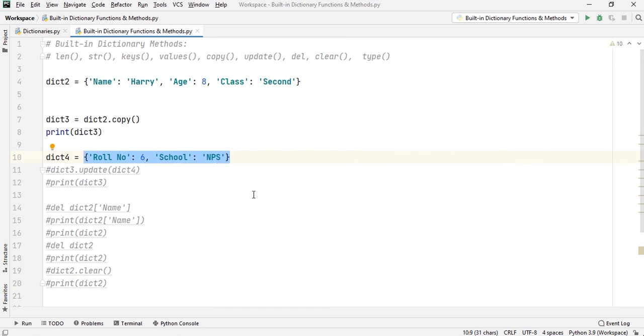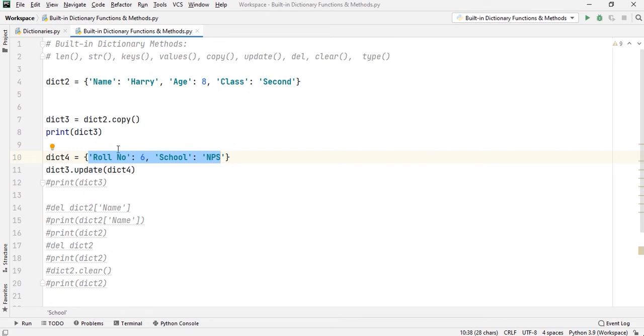Now I will use the update method to update the key value pairs of dict4 into my dict3, which already has the values of dict2. Let me show you how to do that. I have written dict3.update, and inside the parenthesis I have given dict4. What it will do is update these two key value pairs inside dict3.